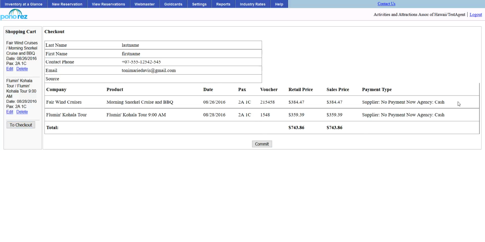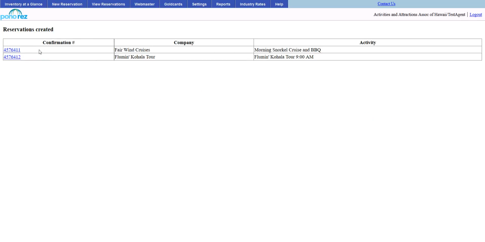Since there's no payment required, these are all on account, I'll be able to just commit. It may be that a credit card is required and you'll have to put in a credit card at the time of purchase here. It may also be a case where you have a credit card on file with the company, in which case it'll look very similar to this. And that supplier will either charge your card after the booking is created or sometime prior to services rendering or the activity date. But by clicking commit, I then have 2 confirmation numbers, one for each of those bookings, and